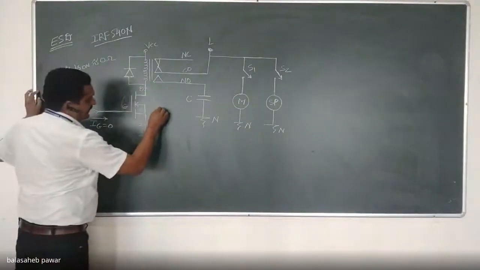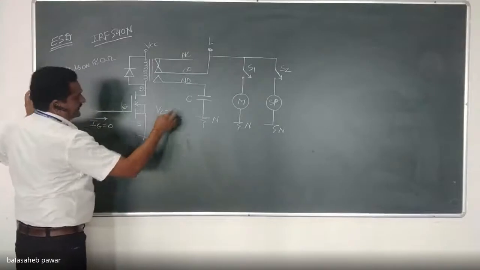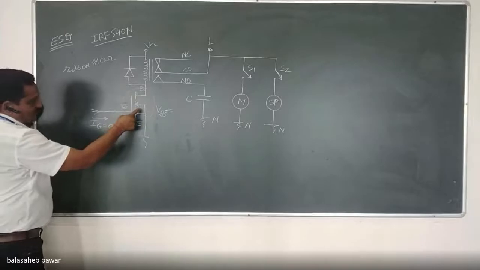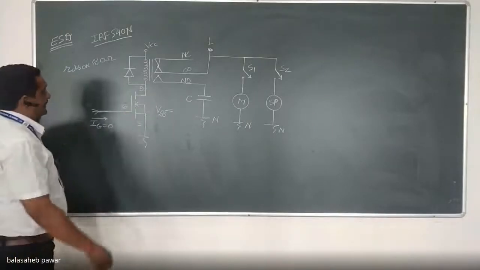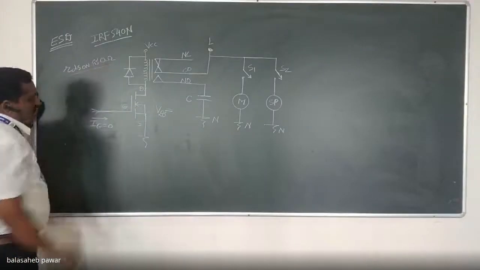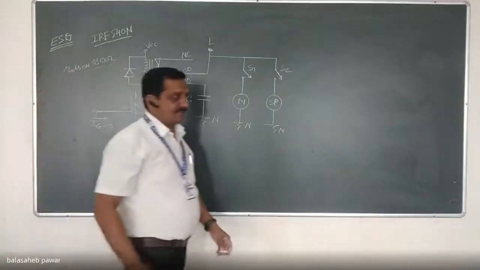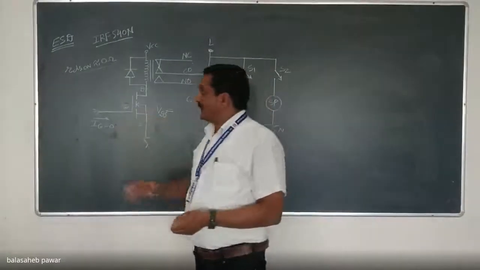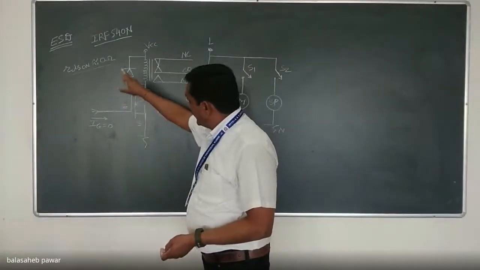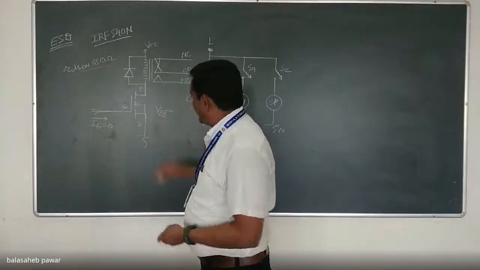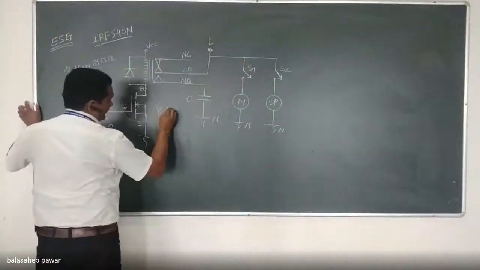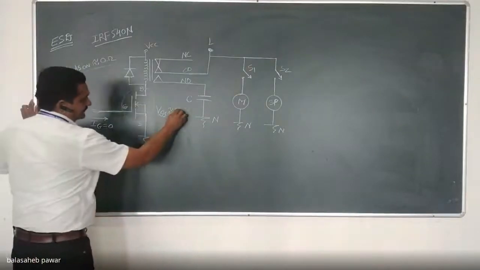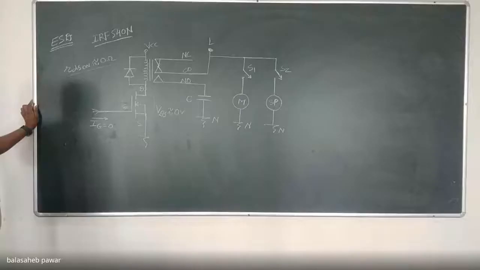That is nothing but VDS, that is voltage at the drain with respect to source. Whenever the MOSFET gets forced perfectly into its ohmic region, it will offer almost 0 ohm resistance between drain and source. As it gets perfectly closed and the resistance offered by this MOSFET is almost 0 ohm, we can say that VDS will be approximately 0 volts. Do you agree with this? Yes, sir.